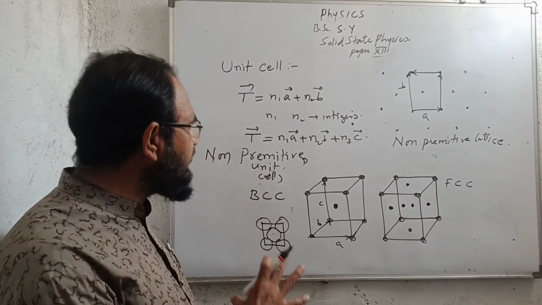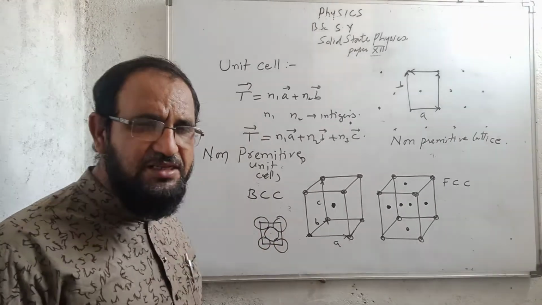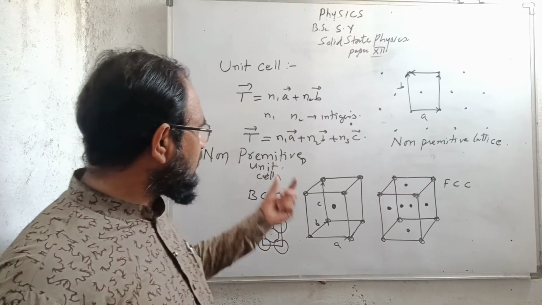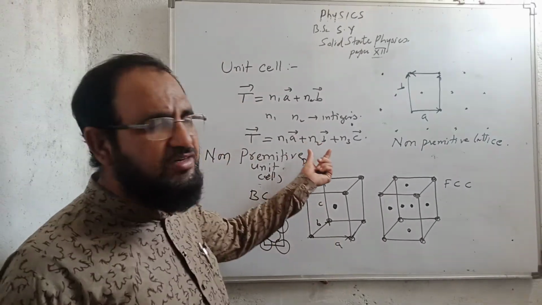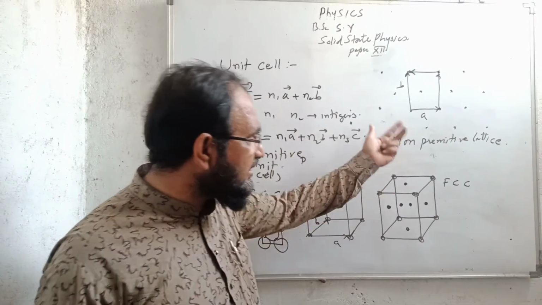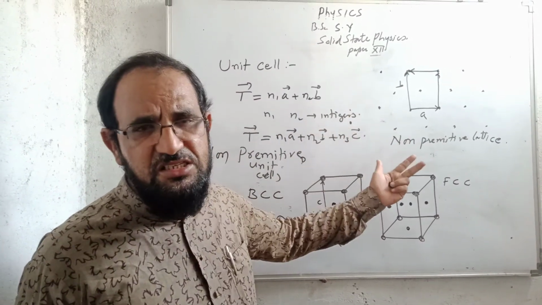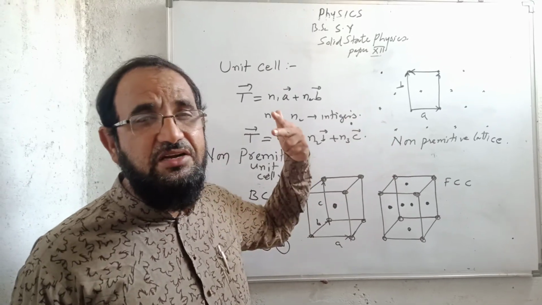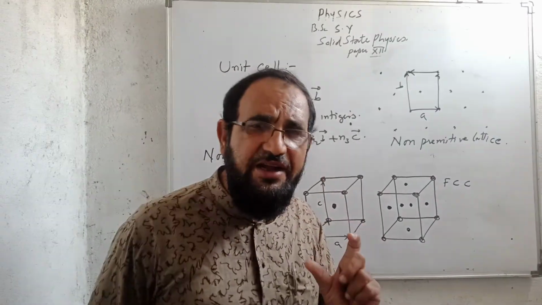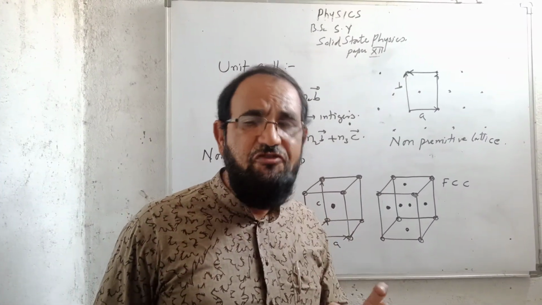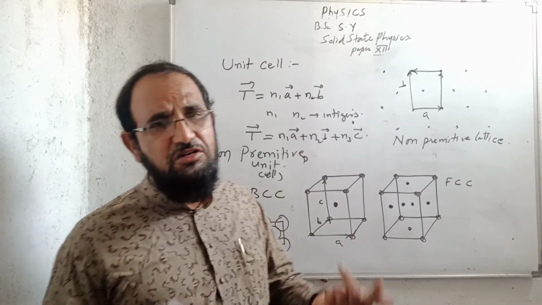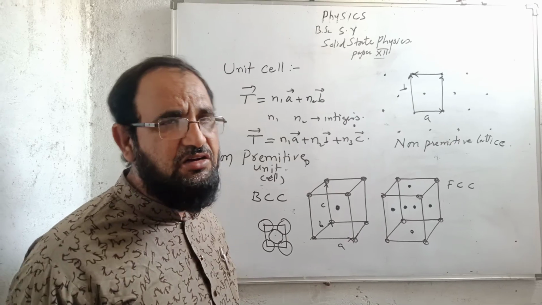So in this way we can explain the unit cells in 2 dimensions and in 3 dimensions. To understand the unit cell, first we have to understand the translation vector, then we can translate the vectors A and B in different directions at different molecules, and we can draw the unit cell of that particular lattice. Every lattice has a different type of unit cell, maybe hexagonal, it may be primitive, it may be non-primitive, it may be body centered, or it may be face centered.